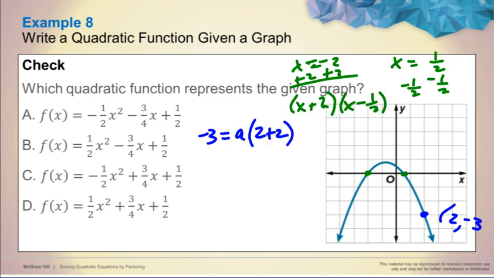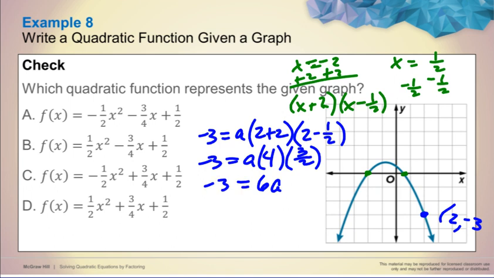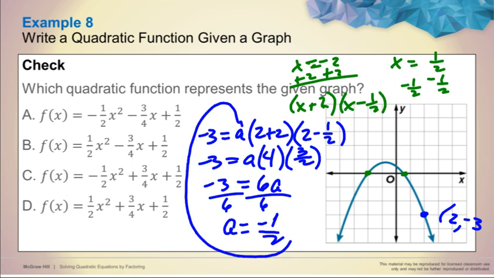I need to find the a when x is 2. So 2 plus 2 times 2 minus 1/2. So this is 4 times 1 and 1/2. 1 and 1/2 is 3/2. This will give me 6a equaling -3. Divide by 6, a would equal -1/2. And if I substitute that in here, I would now have -1/2 times x squared,